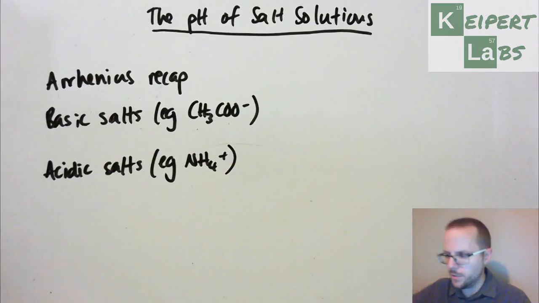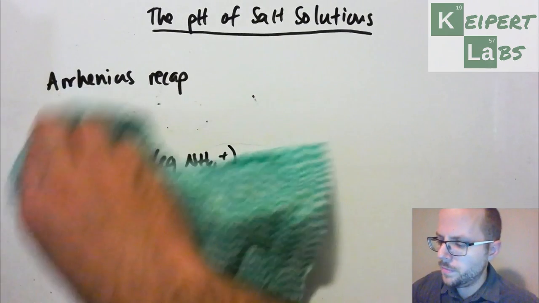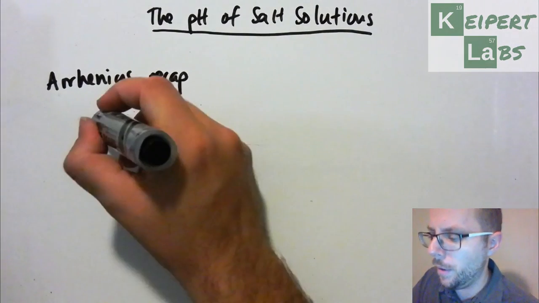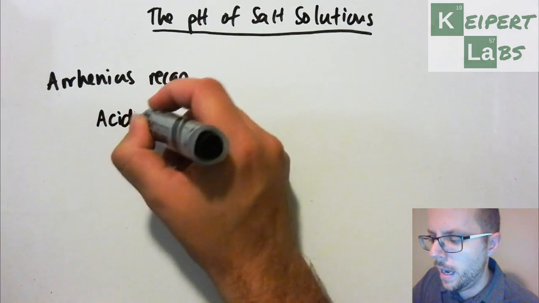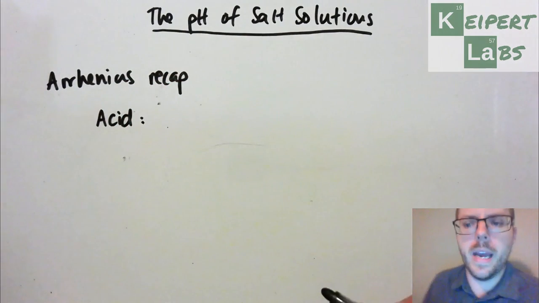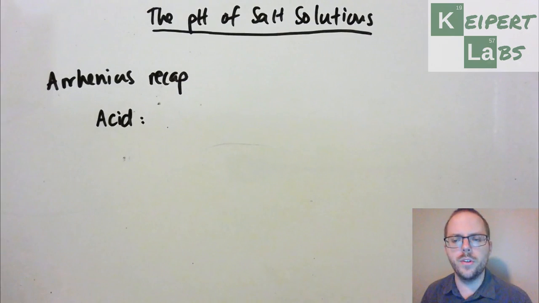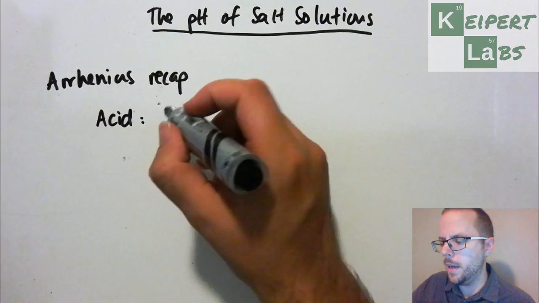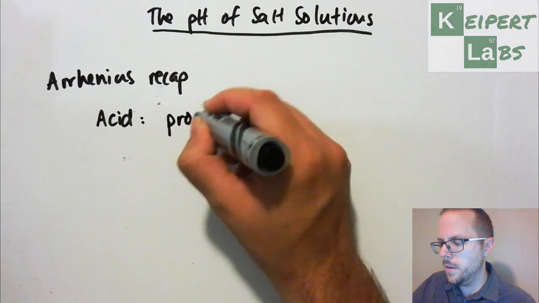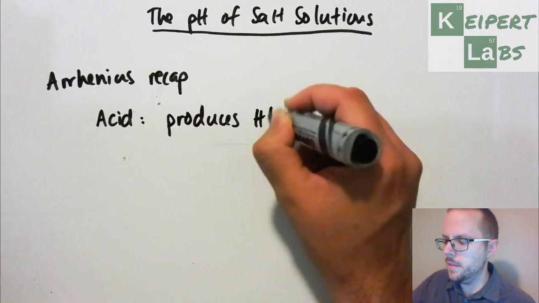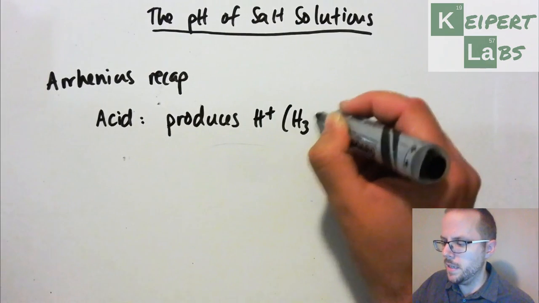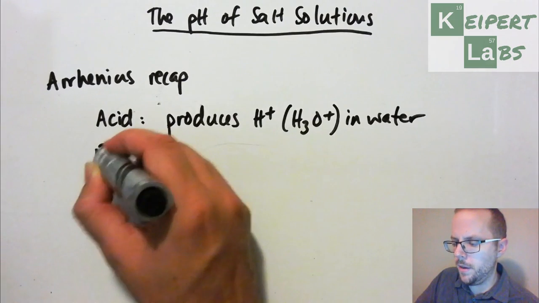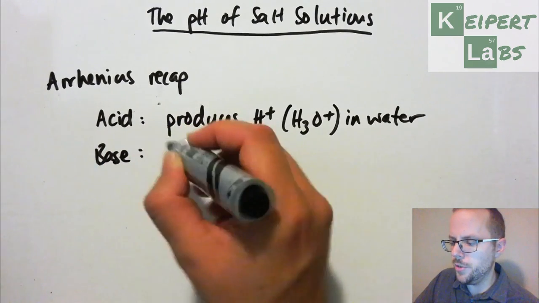Okay, so let's do this. So we're going to just quickly recap Arrhenius's definitions. The reason being that Arrhenius's theory actually helps to explain the pH of solutions a little bit better than the Lowry-Bronsted theory. Okay, so remember, an acid produces hydrogen ions, that is, existing as H3O+ in water, and an Arrhenius base produces